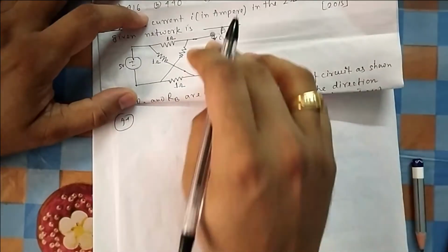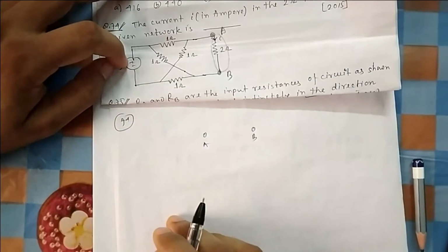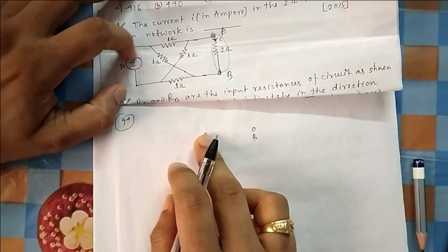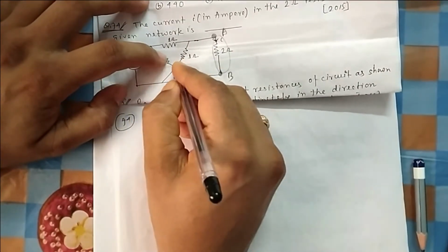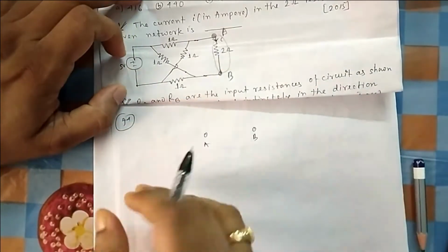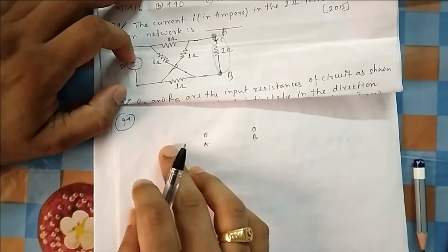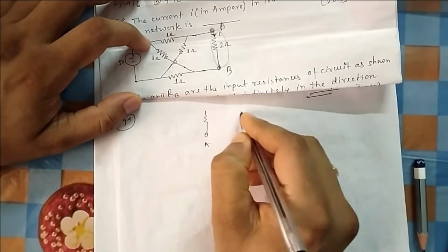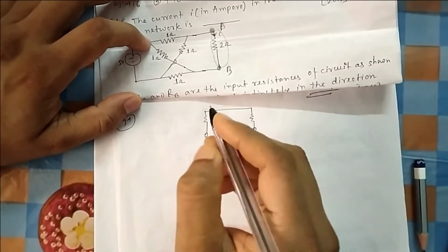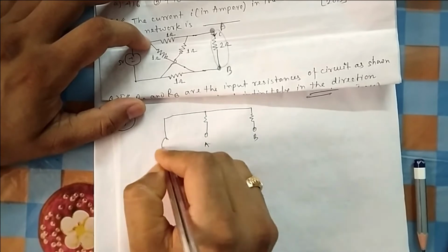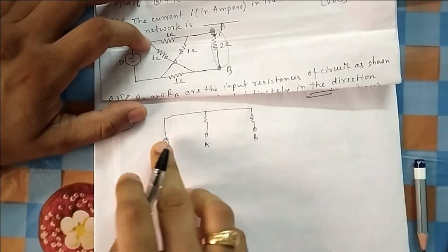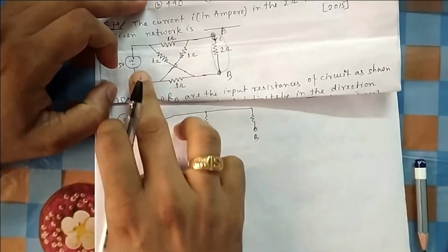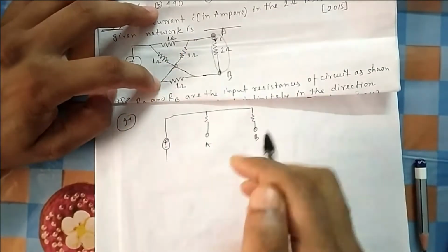Now if you see, from the source positive terminal there is a 1 ohm resistance which is connected to A, and from the source positive there is another 1 ohm. This is not connected. This is a bypass, just overlapping, they are not connected. So from the source positive terminal, 1 ohm is connected to A and 1 ohm is connected to B. So you can think of it in this way. I have a source. From the source positive terminal, 1 ohm is connected to A, 1 ohm is connected to B. So these two are gone. And from the negative terminal also, 1 ohm is connected to B, 1 ohm is connected to A.